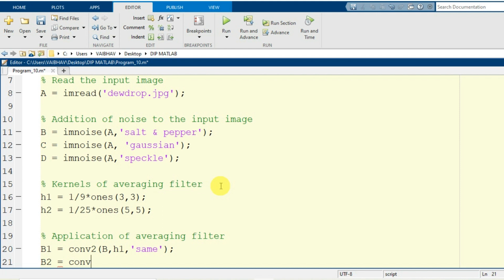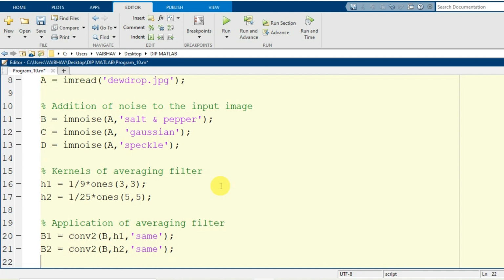So I will be writing here conv2, inside the parenthesis I will be providing B, H2 comma same, ending with a semicolon. So this is the averaging of the images that are affected by salt and pepper noise, by the filter masks of the dimensions 3 by 3 and 5 by 5.